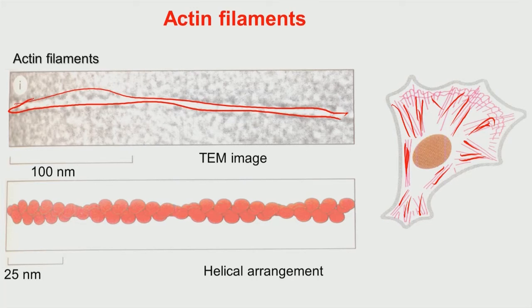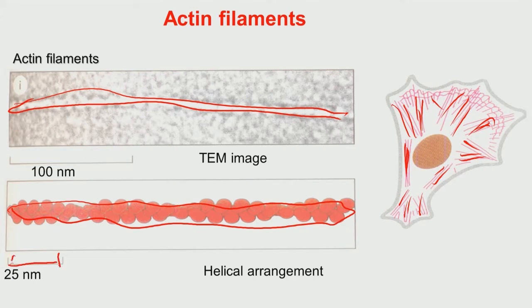Now, based on various structural characterization, both using microscope as well as computational analysis, this is the helical arrangement of the actin filaments which are shown here. Now, if you look at the dimension of this actin filament, this is typically 25 nanometer. So, this one can be somewhere between 5 to 10 nanometer. So, this is around 10 nanometer in diameter. So, it is extremely small, and if you consider the total cell size is 25 to 30 micron,